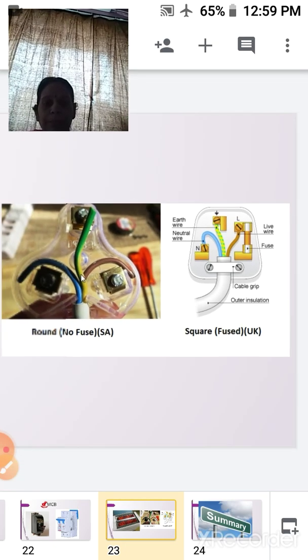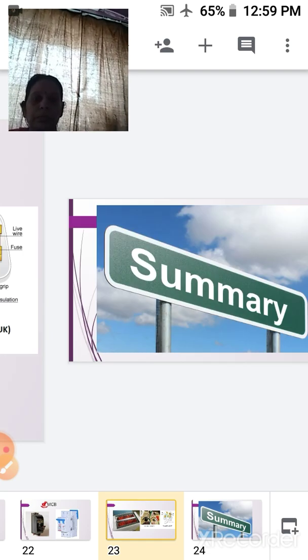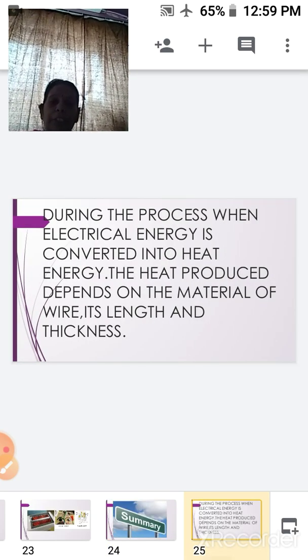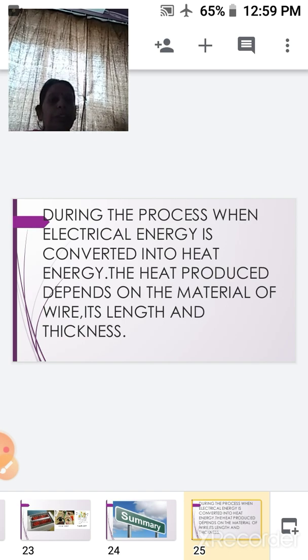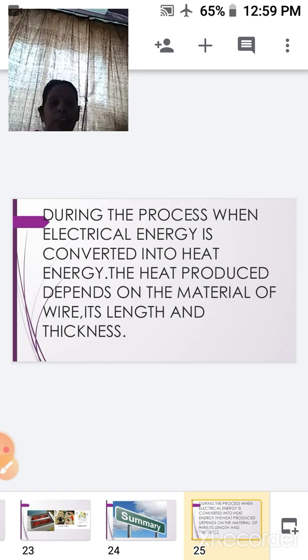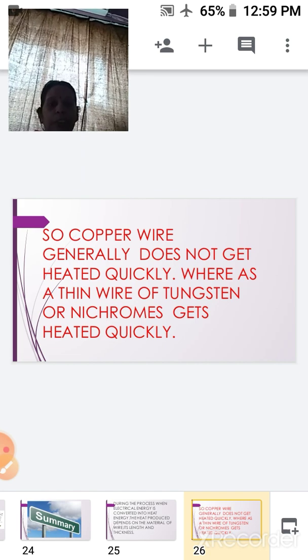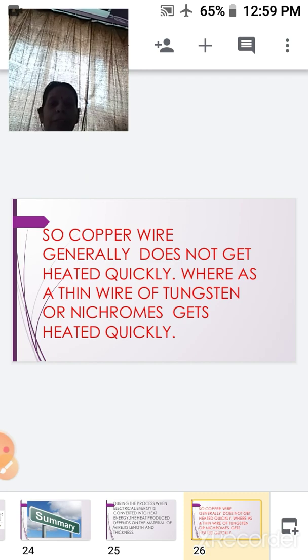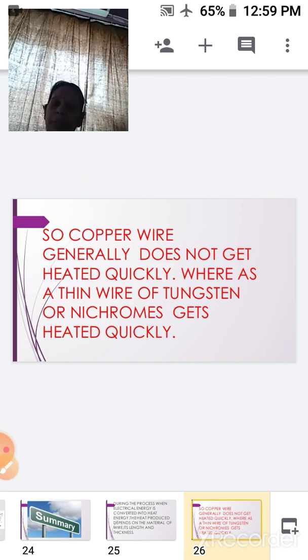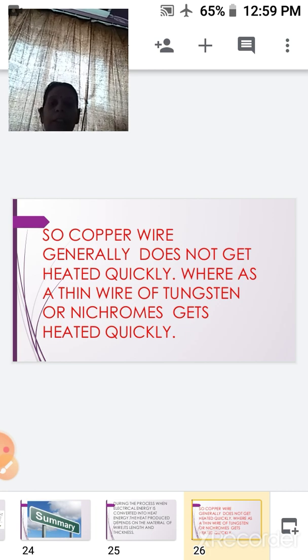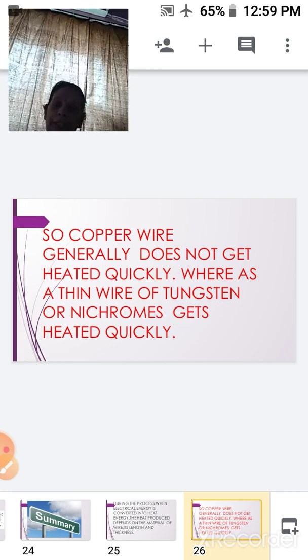Today the summary of the entire portion, whatever we have done: during the process when the electrical energy is converted into heat energy, the heat produced depends on the material of the wire, its length and its thickness. That is why copper wire generally does not get heated up quickly, whereas the wire used in the filament of a bulb, that is tungsten, and the element wire, that is nickel, quickly heat up, so they are used in making the elements.